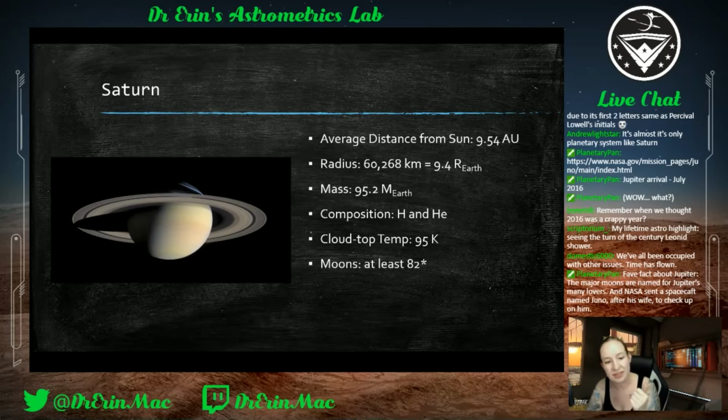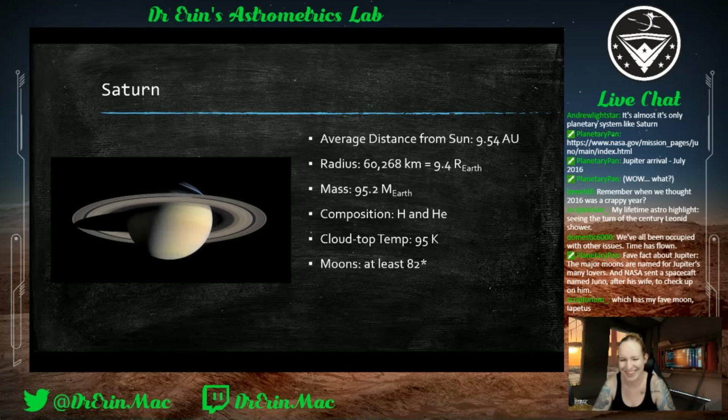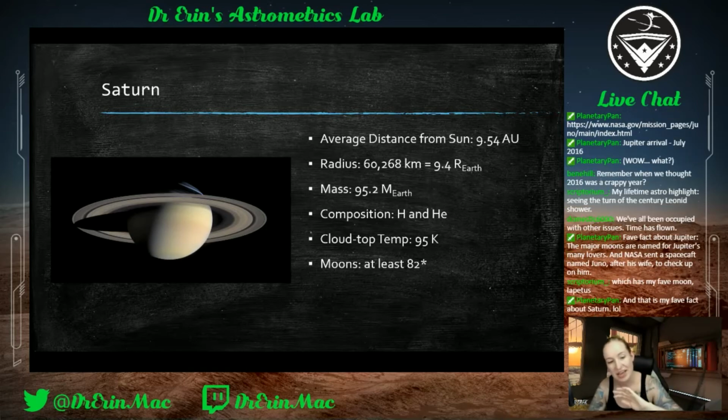So yeah, Saturn's about 10 times the distance from the Earth to the Sun away from the Sun. It's about 9.4 times the radius of the Earth, and it's about 95 times Earth's mass. Now, the fact everyone knows is that its density is less than 1, so if you put it in a bathtub, it would float, which I love. It's not super accurate, but it's very not dense. It has about 82 moons, but technically we have hundreds. There's over 60 named moons, and then a few dozen that are still being confirmed. And then we've seen tons of satellites, just little rocks floating around it.